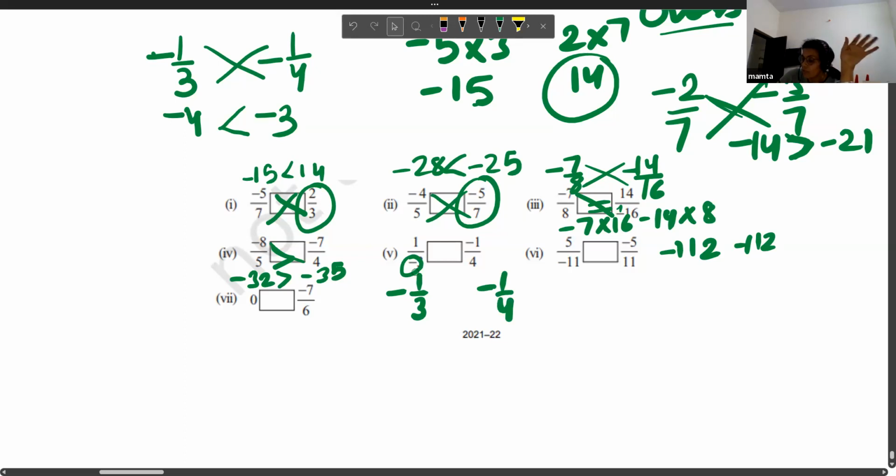So don't move the negative sign. You just have to cross multiply the numbers. Okay. So 4 into 1 is 4, 3 into 1 is minus 3. So which number is more greater? Minus 3 is greater. So this number is greater than